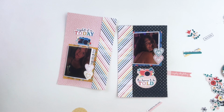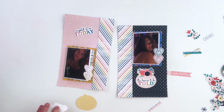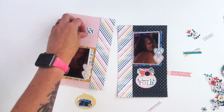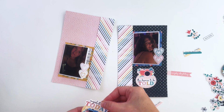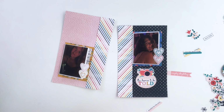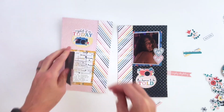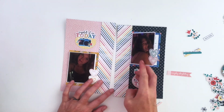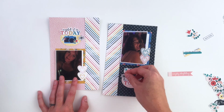And so I have a pink thought bubble over on the right hand side, and I didn't have a blue one, so I just decided to go with yellow. It matches the yellow card that I backed my photo with anyway, so it works. I didn't want them necessarily to be thought bubbles, so I covered up the little hanging tail on both of those. Okay, so I've got these hearts as tabs as well to open up the pages,